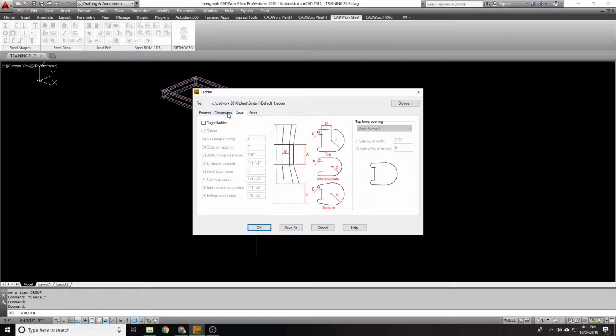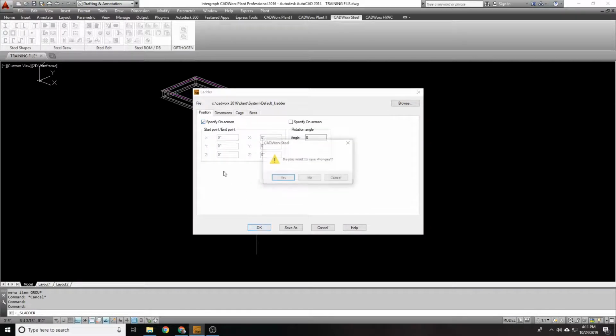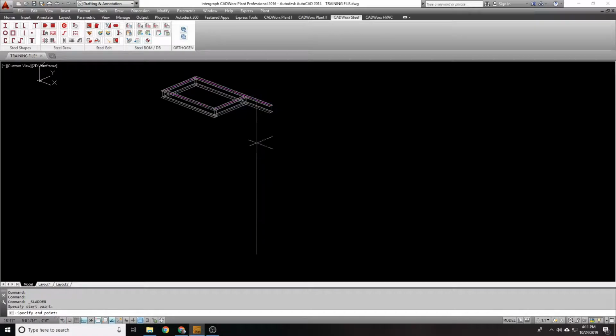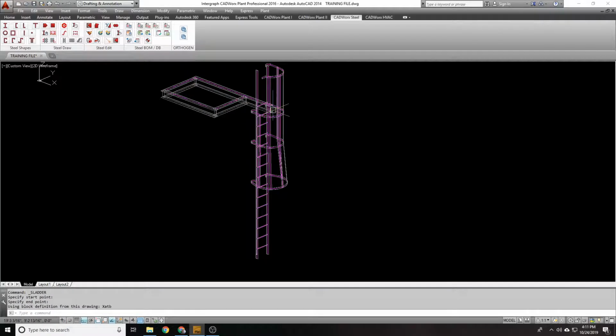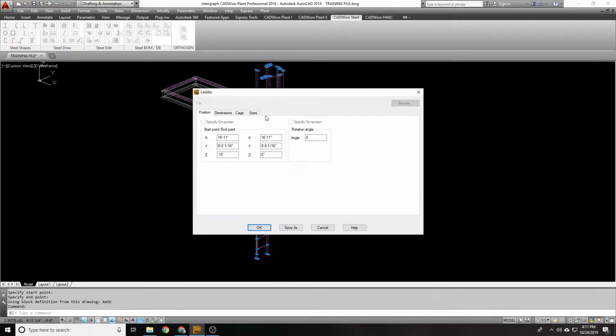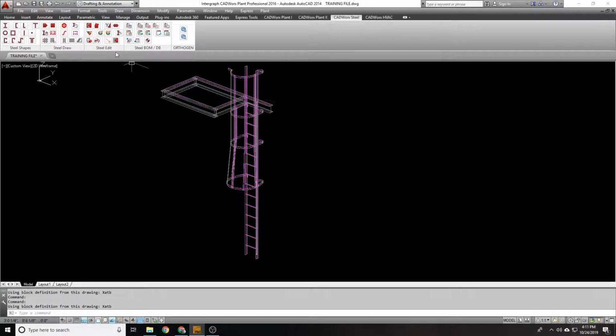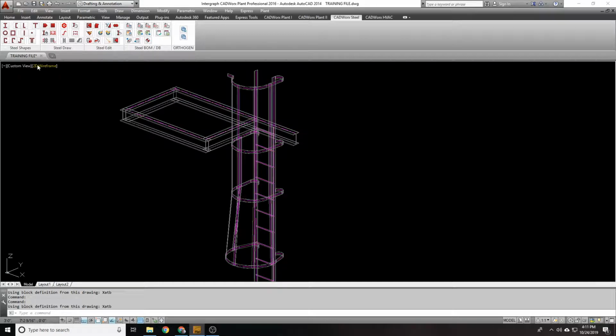So let's put a cage. We're going to do a left exit. So we're going to say open left, and I'm going to specify it on screen and say okay. Do I want to save the changes? No. Go from here to here. And I did not set the rotation angle or choose to specify it on screen, so now I have to come back here and modify that, which we're going to use a rotation angle of 270. All right, so now you can see